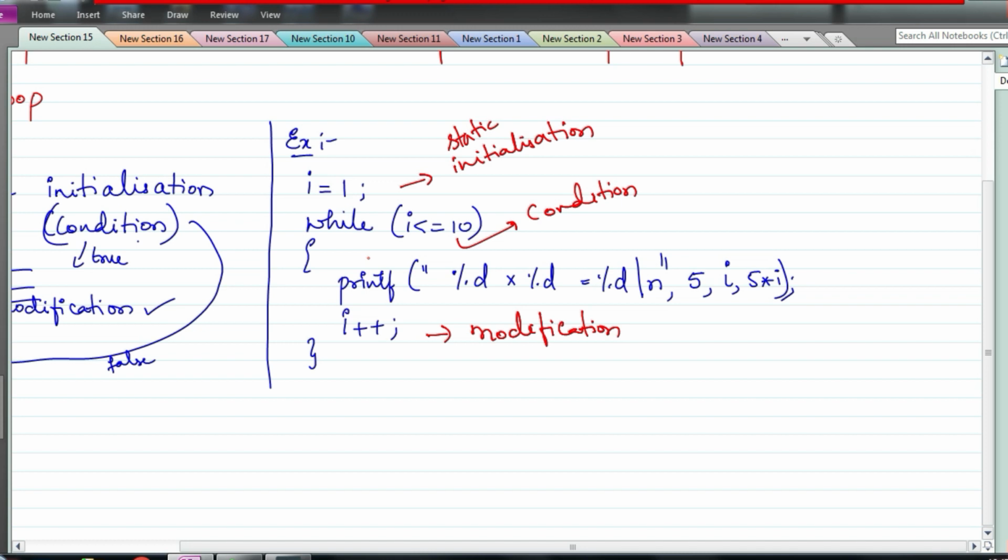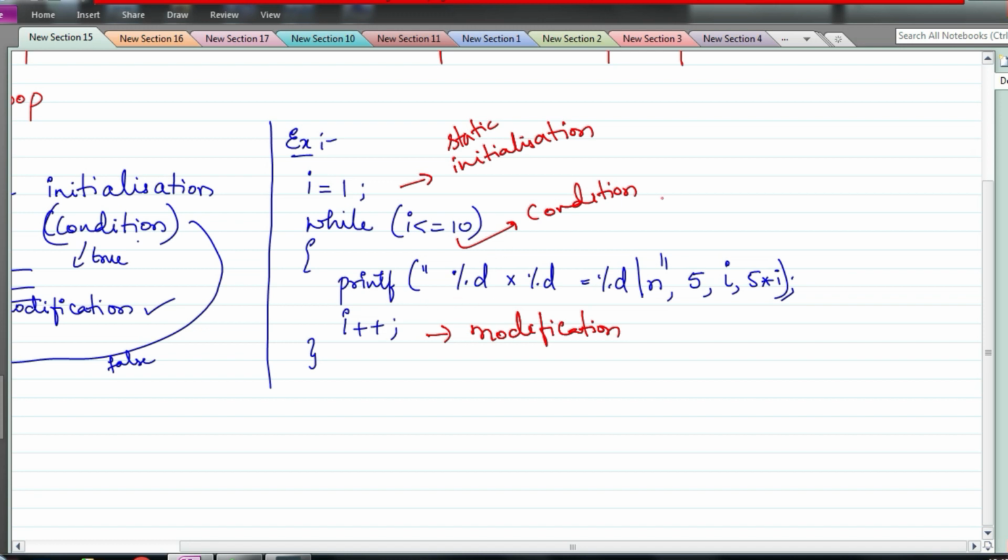This will make the compiler unable to come out of the loop, because when it is true it has to enter inside the loop, and only if it is false do you come outside the loop. And i is 1 only, nowhere are we modifying its value, so it remains 1 even if you execute the loop 100 times. So it means you are getting into an infinite loop if you don't put modification here.